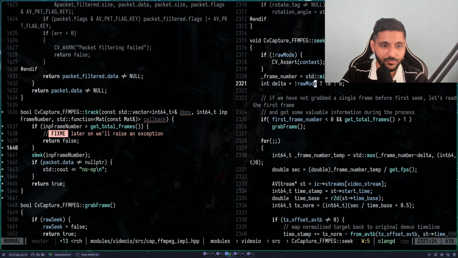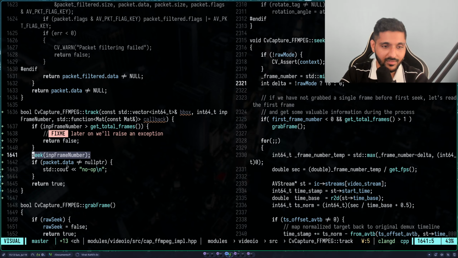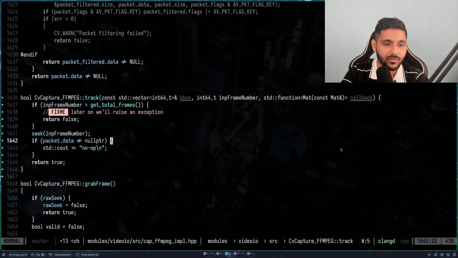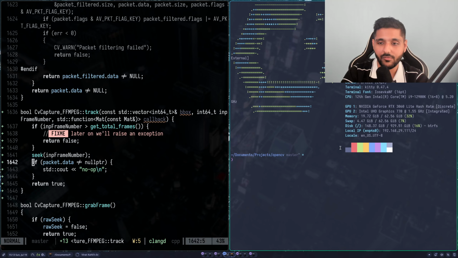By the way, while we are at it right now, we already had implemented the track function. We were doing a seek, which means that packet.data will have the data. What I would do is, over here, I can hit a breakpoint, try to see what packet.data contains, and then go from there. It's kind of easier for me. So the way to do it is